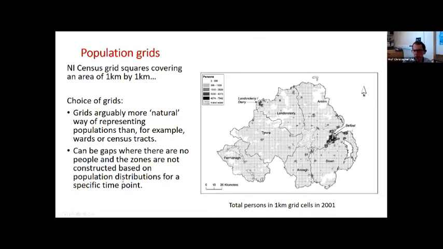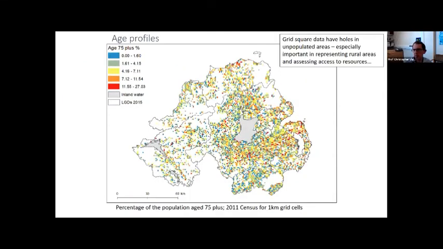Also, zones like super output areas were built based on the underlying population characteristics at a point in time. So if there's a big increase in population in a particular location, then the zone boundaries might change through time. If there's a depopulation in an area, then a zone might in theory disappear or be merged with a neighbouring area. Whereas grid squares aren't based on the underlying population. They're literally the same at all time points. So hopefully I'm starting to convince you that if you can get grid squares, they're a good thing to use.